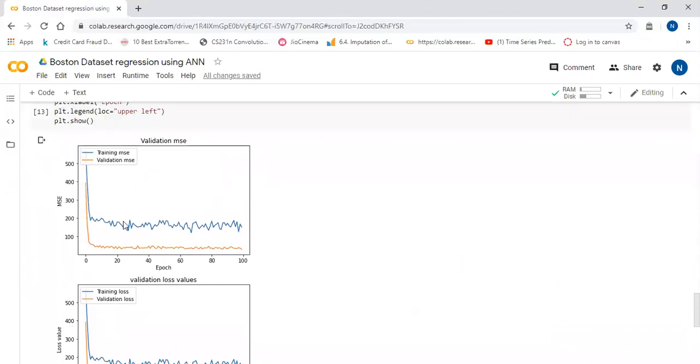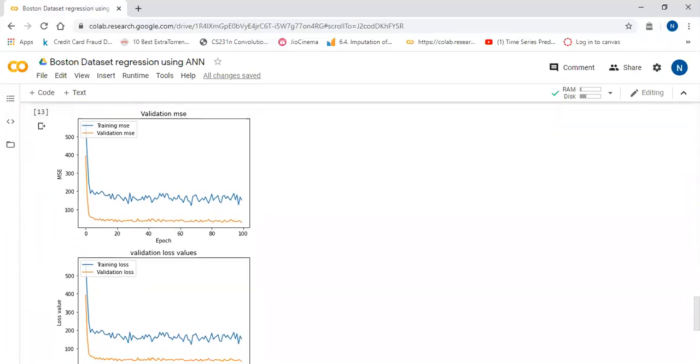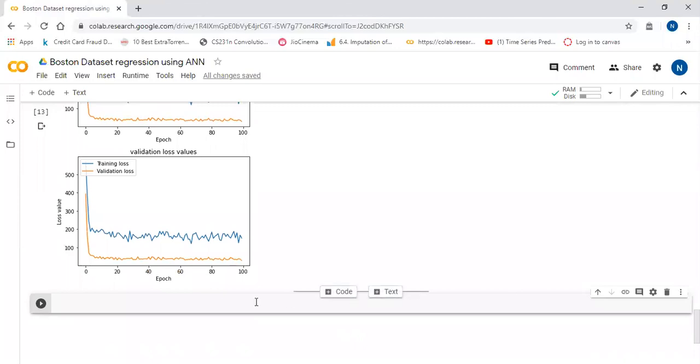So see, this is the validation mean squared error. This is the training mean squared error. And training and validation mean squared error are decreasing. So there are again chances to decrease it further. You can set the epochs as 200 and you can increase the epochs likewise till the training finishes completely. Okay. Now our model is ready. I'm not going to run more than 100 epochs. You can run more. So our model is getting created.